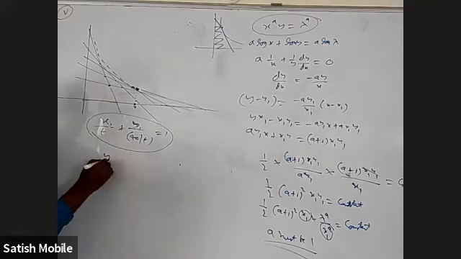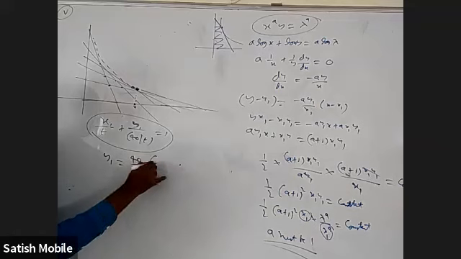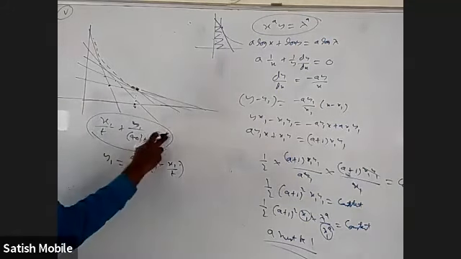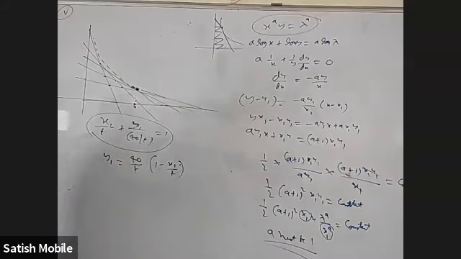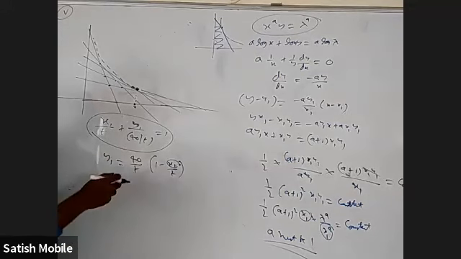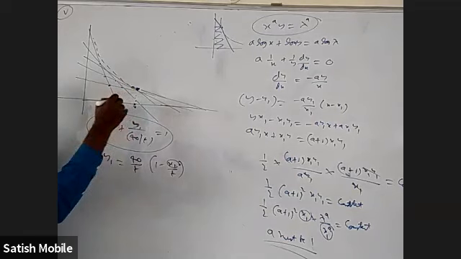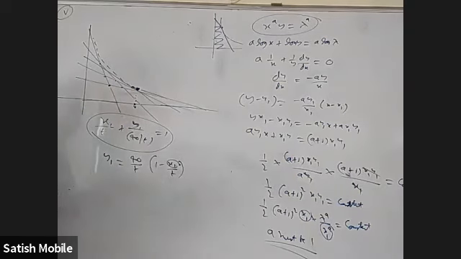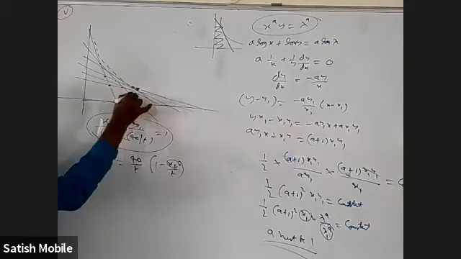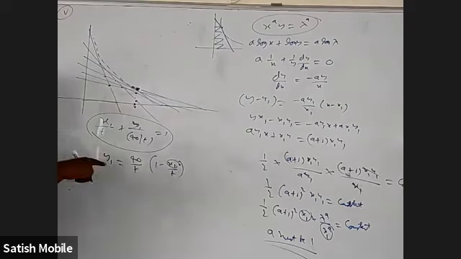Let me see. y is equal to, this will go that side, 40 by t into (1 minus x1 by t). First this will go here and then 40 by t. So when I fix x and try to find y, it comes as a quadratic equation in terms of t. I have to find the maximum value of that because that will give me a point on the curve. Otherwise, as you change t, I'll get some other y coordinate of different points on the family of lines whose x coordinate is given.